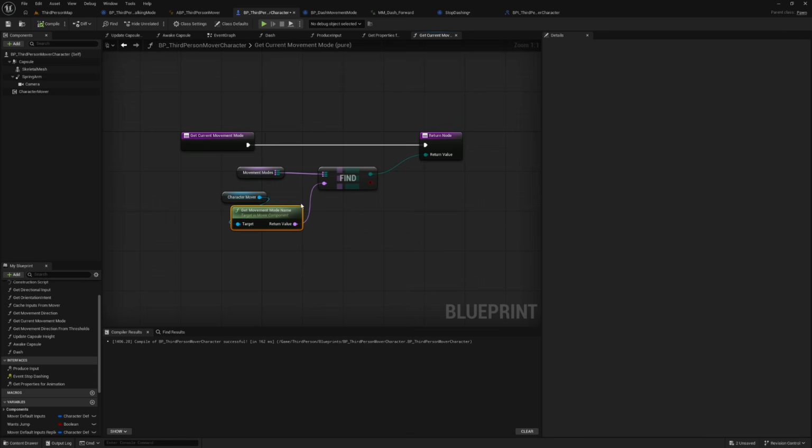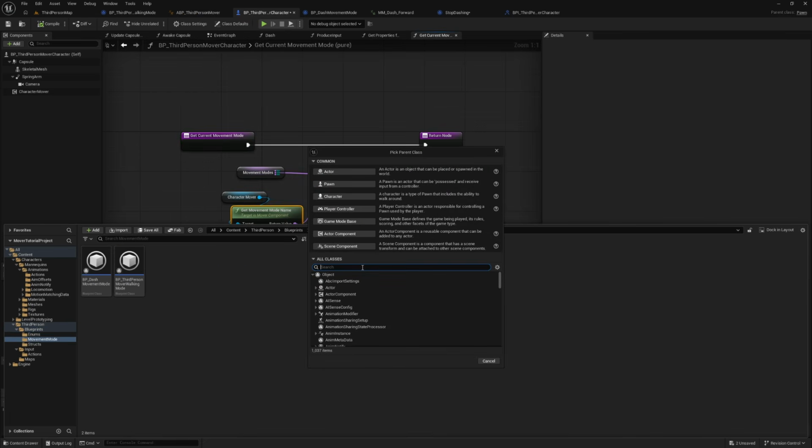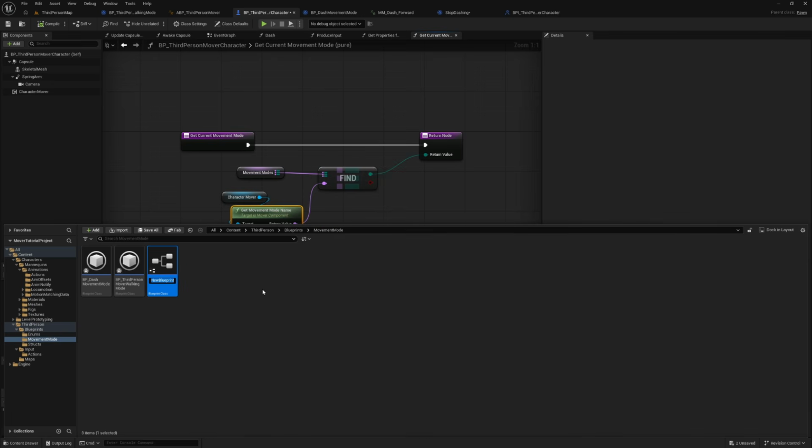So to do that, we have to trigger to transition, go to moment mode and create new blueprint class. Name will be base movement transition. This will be bp dash from dash. Sorry, first let's go to dash bp